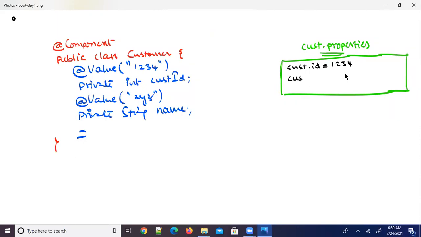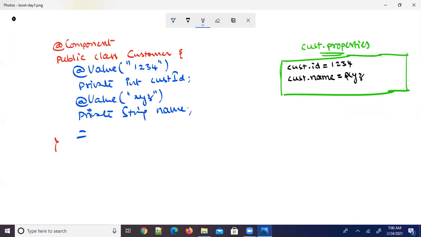Say, for example, cust.name equals XYZ. So what can I do now? The values can be injected using @value annotation, from this properties file.